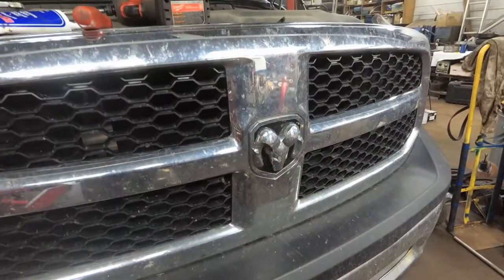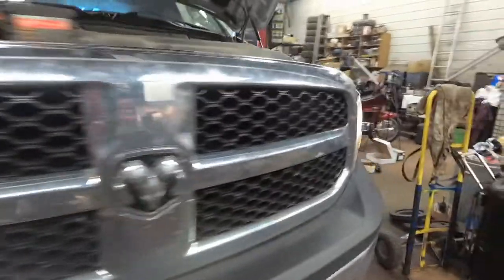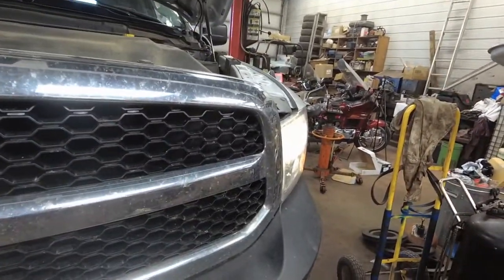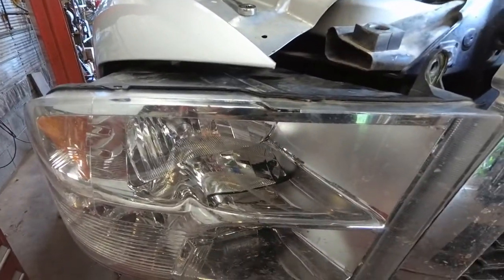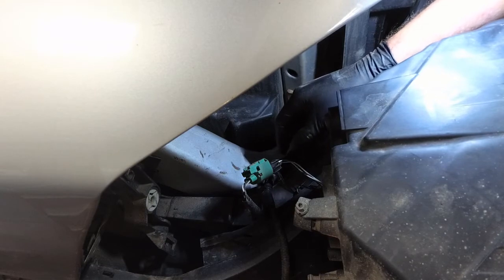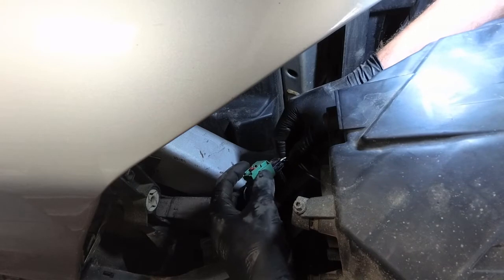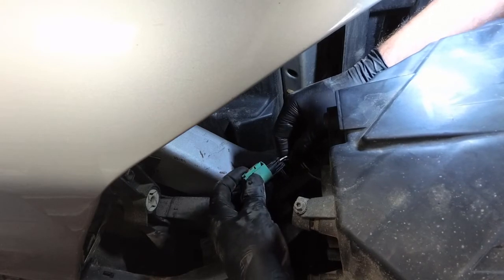So today we have a 2014 Ram 1500 4x4, and as you can see, the left headlight is working, right headlight is not working. So I'm going to set this camera up so you can see what's going on. The customer said they would be driving with the headlight off, they'd hit a bump and the headlight would come on. So right now the headlight is off, and if I go to this connector and just move the